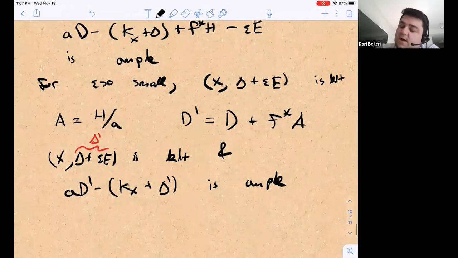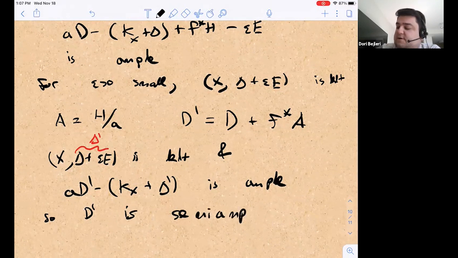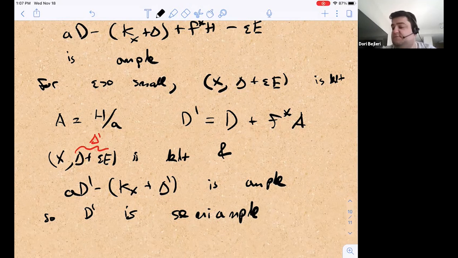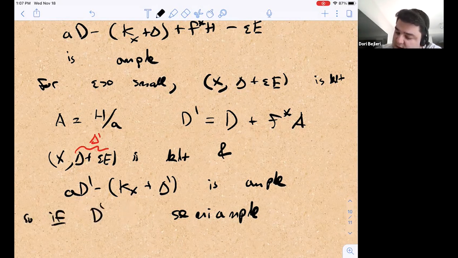In particular, it's big enough, so D prime is semi-ample by the usual base point free theorem, which is exactly what we claimed we needed. Except I forgot one important step. So here we know that AD prime minus (KX plus delta prime) is ample. We needed one more assumption in the base point free theorem, which is that D prime itself is nef. So I really should say, if D prime is nef,